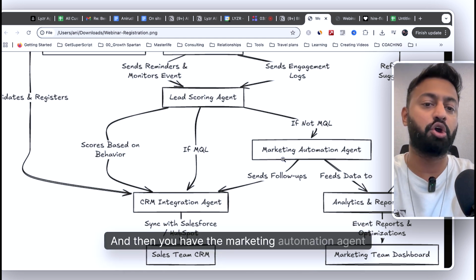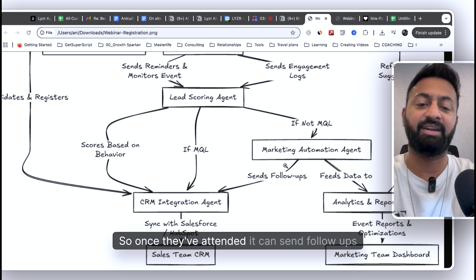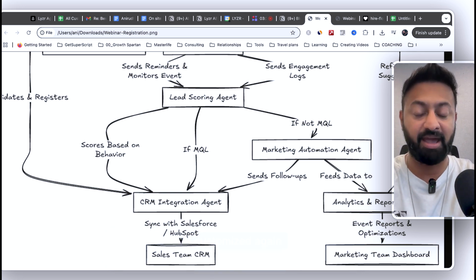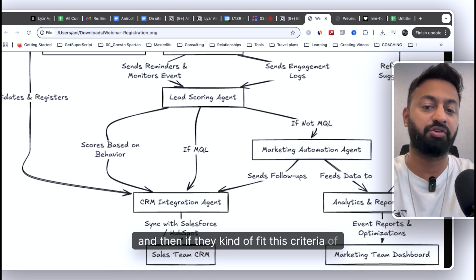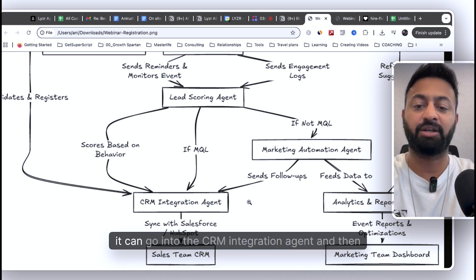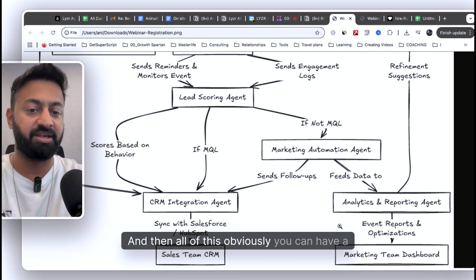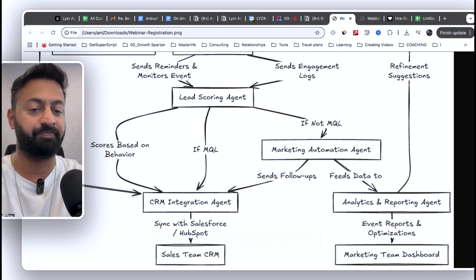And then you have the marketing automation agent that takes care of all the interactions post the event. So once they've attended, it can send follow-ups, customized again. And then if they fit this criteria, if they're hot or they fit this lead score, which is pretty high, it can go into the CRM integration agent and then be passed on to a CRM like HubSpot or Salesforce. And then all of this, obviously, you can have a layer of analytics or a dashboard, which shows you,